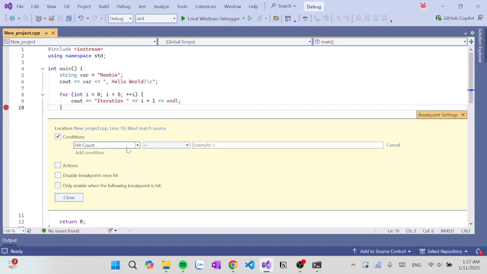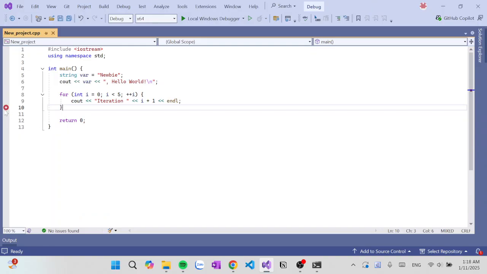The hit count is really useful for loops. For example, here I have this loop that prints out iterations from 1 to 5. So I press it and I'll type 3. You can see here the symbol of the breakpoint changes. So you can start debugging.